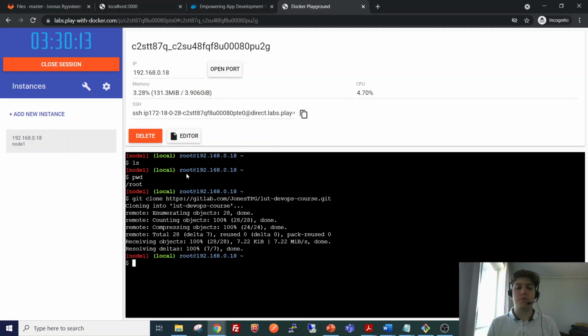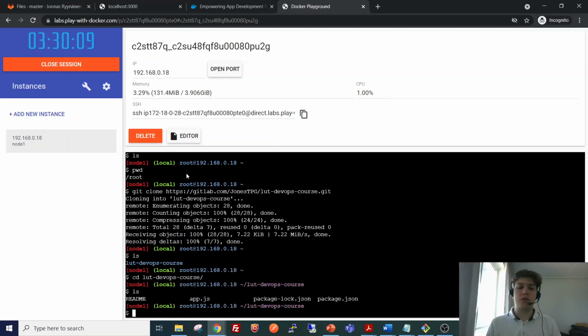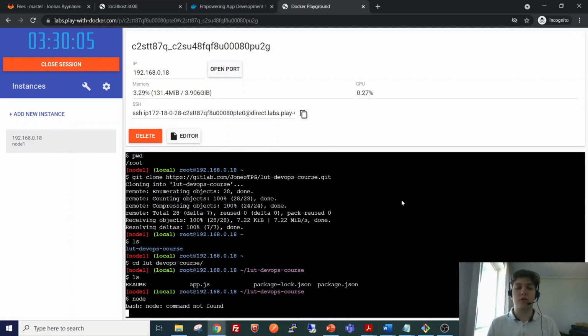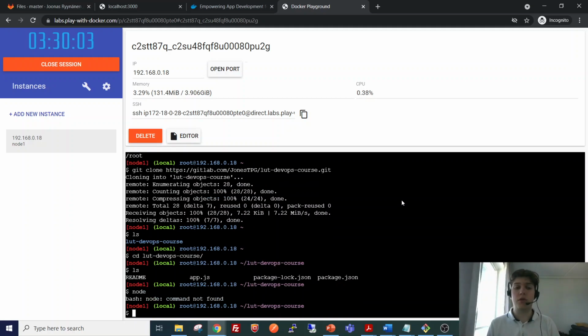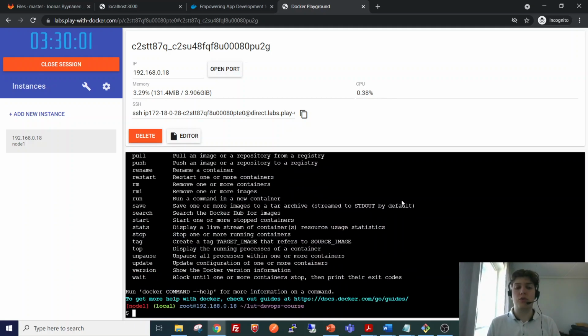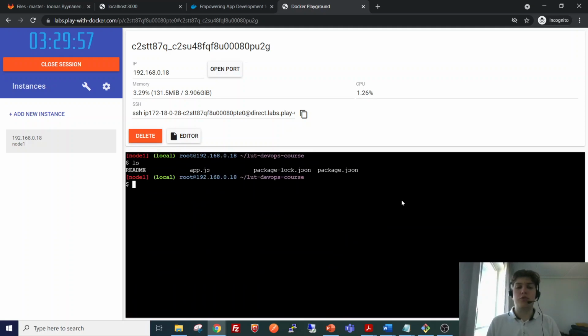Git clone. So now we have this application here, but we don't have Node on this machine, as can be seen by running node, but we do have Docker here. So next we would need to start creating our Dockerfile.